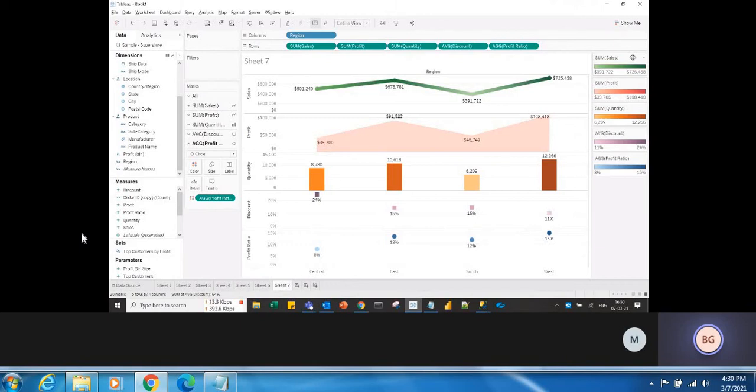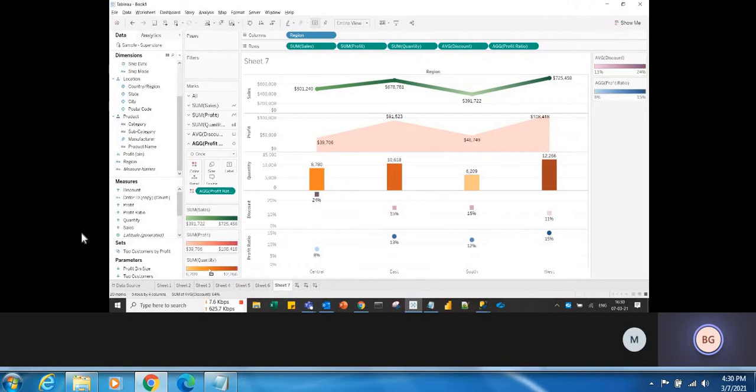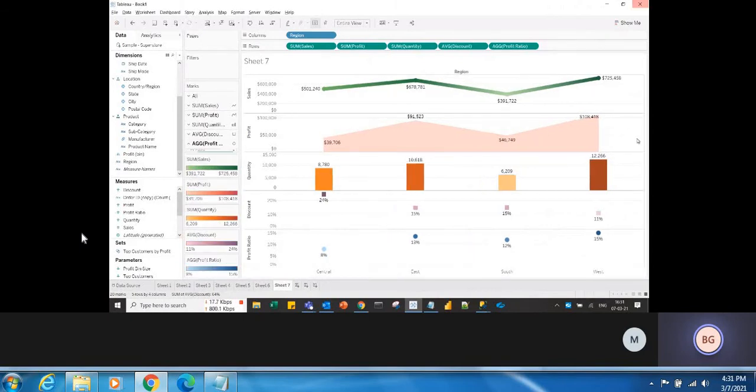You can just drag them into this empty space if you want to keep them. If you don't want to keep them, you can simply remove them. I'll show you how to remove. See, now you can utilize the space, right? So the visualization looks better when you have the space complete.